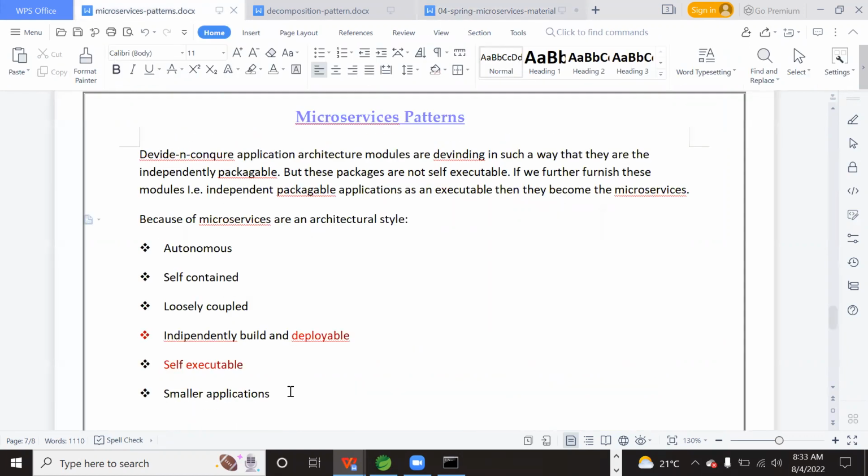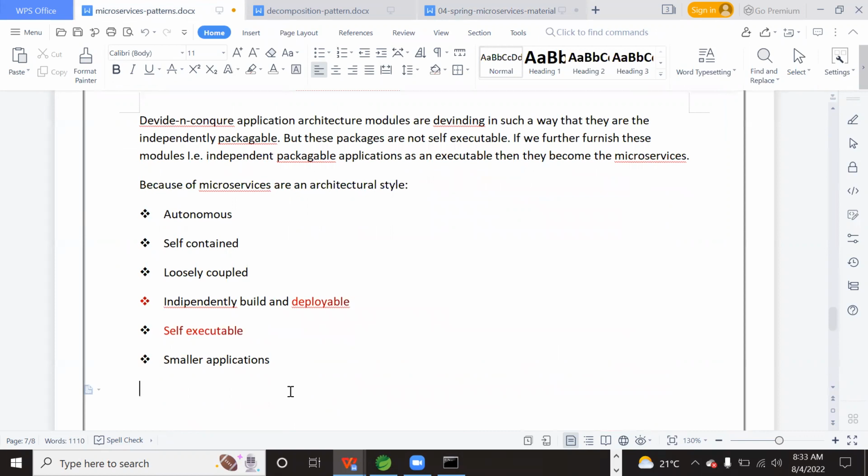So let us write these points. Let us understand the honeycomb analogy.